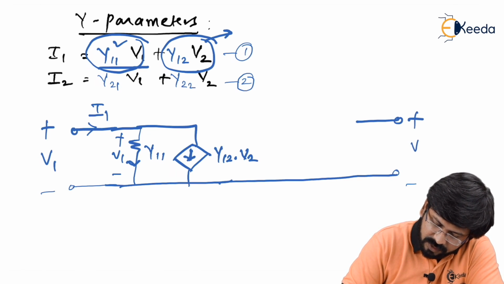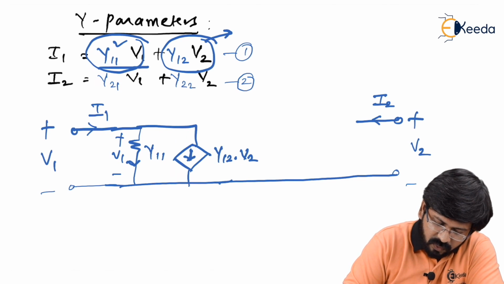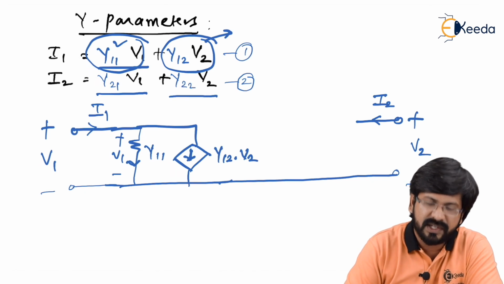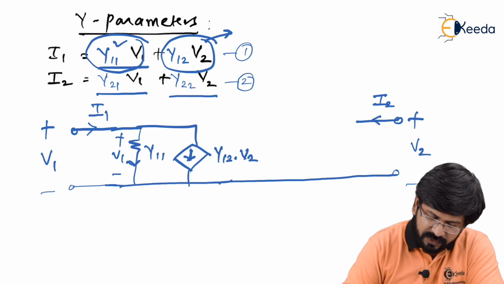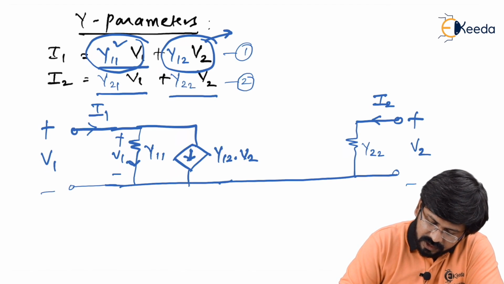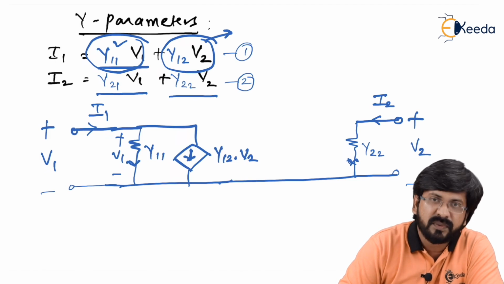Plus minus V2, that is port 2. Source current is I2. As you can see, I2 is equal to Y21 V1 plus Y22 V2. Again, it means this current gets divided into two parts. The first part is Y22 times V2. So I can actually show Y22 here, and V2 is voltage across this, so definitely this current is nothing but your Y22 times V2 is first current.